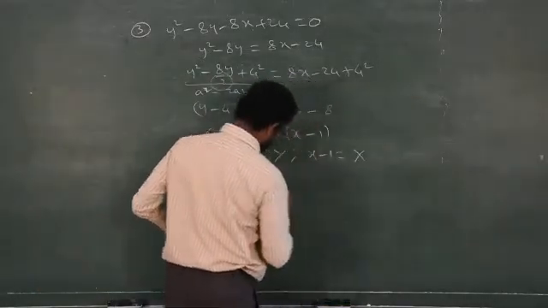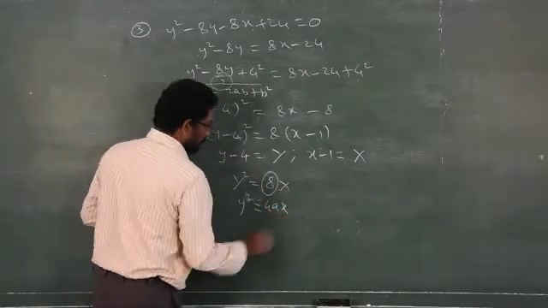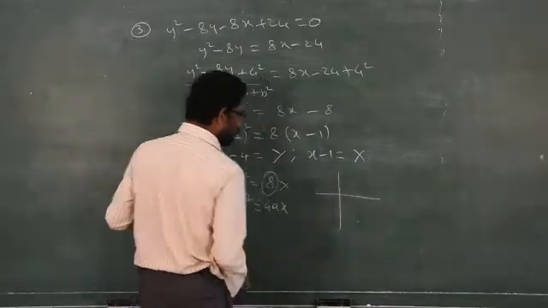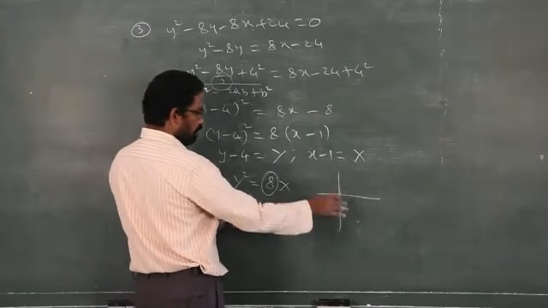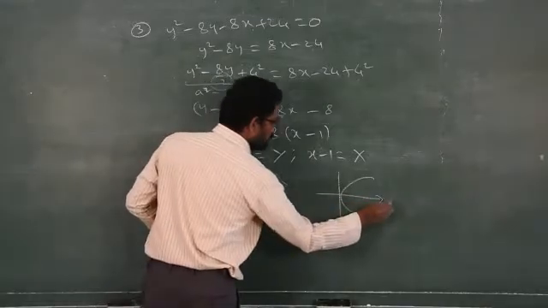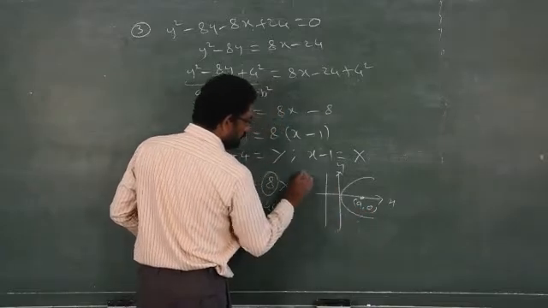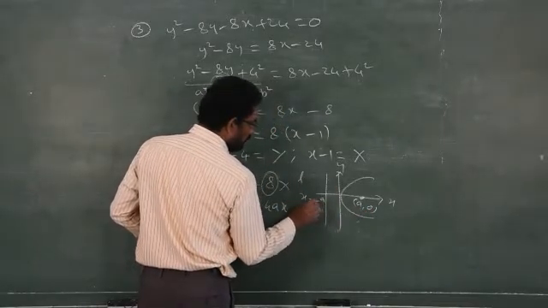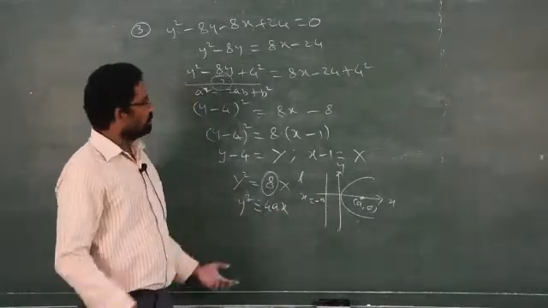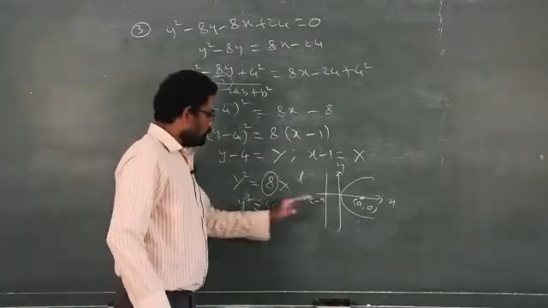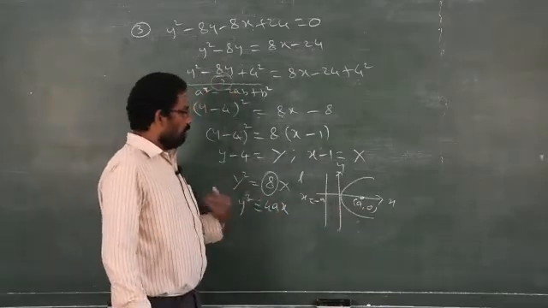How do you draw the diagram? Where is y square? I told you already, y square equals 4ax. The diagram is very simple. This is not the exact diagram for this relevant question. Clear? I draw it just for my convenience. This is the positive side, this is the x-axis, y-axis, the point on the x-axis is a comma 0. Your directrix L is x equal to minus a. You already know how to draw the diagram with the help of the questions, which refers to question number 4. So this is not the exact diagram for this question. We have a different diagram, but a diagram is not necessary for us. Clear?